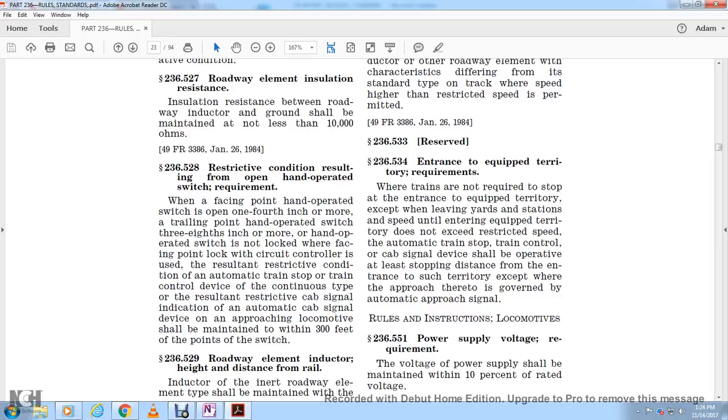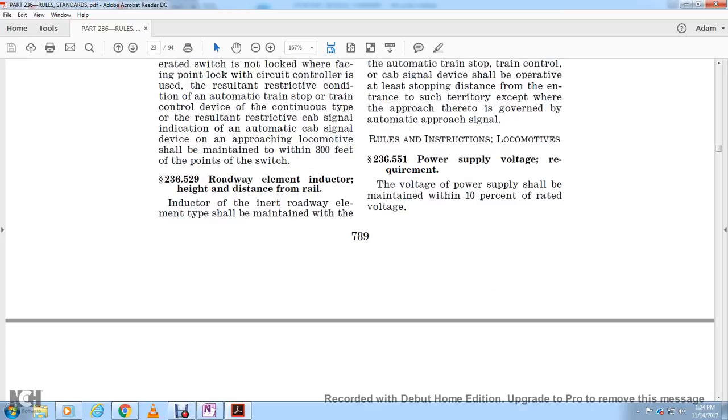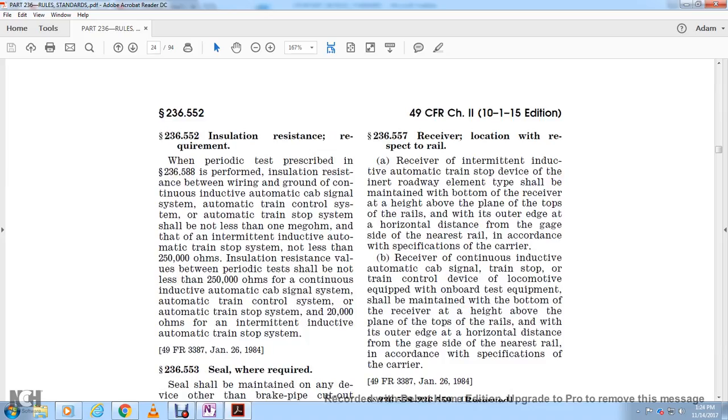Rules and instruction locomotive 236.551 power supply voltage requirement. The voltage power supply shall be maintained within 10% of the rated voltage. 236.552 insulation resistance requirement. The periodic test is prescribed in 236.588 with the form of the insulation resistance between the